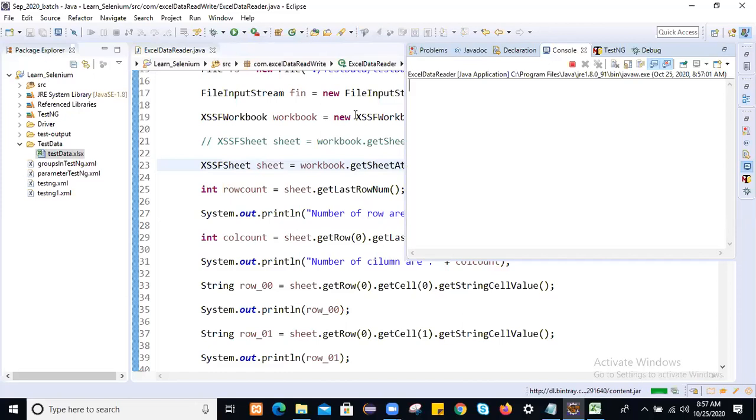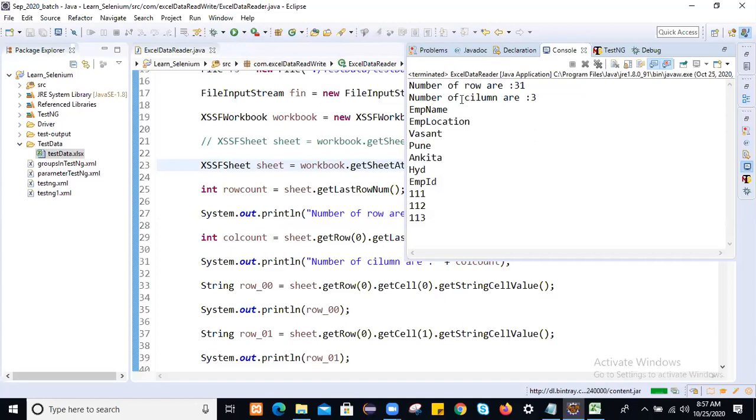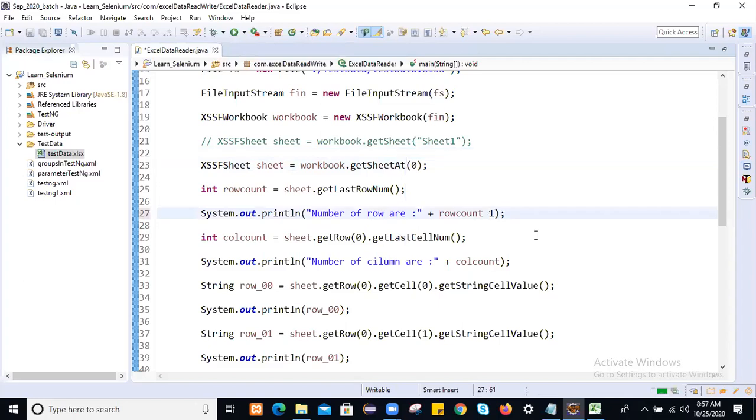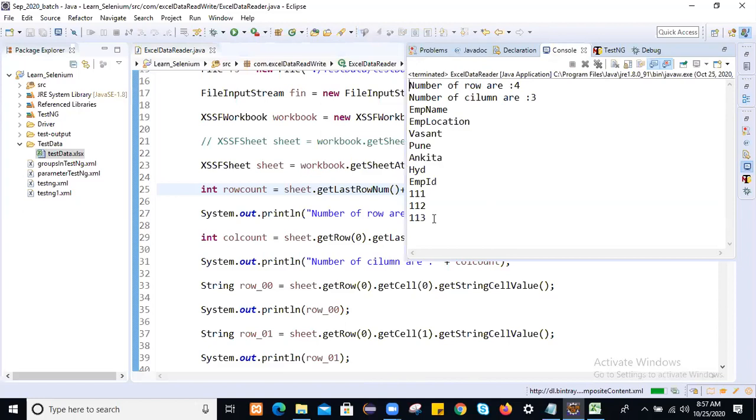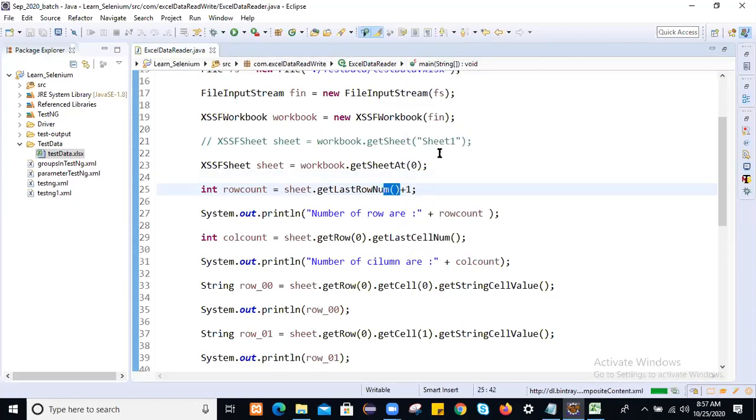So it's running in the background. You see, it's done. It appended the data. You don't want to append the last row number plus 1, yes or no? It's returning 3. 3 plus 1 is appending the data, string plus something. And then you see how many number of rows? Exact row count we are getting now, 4, just because of get last row number plus 1 that we did here. So I hope I'm clear now.